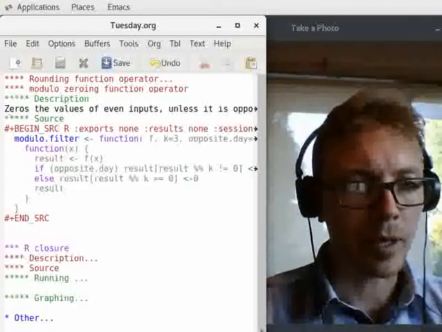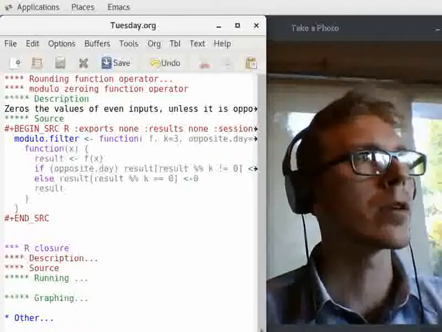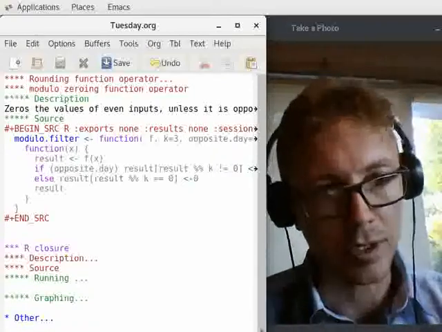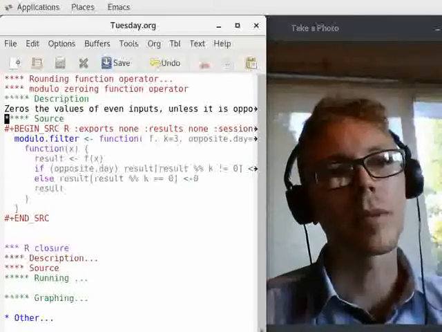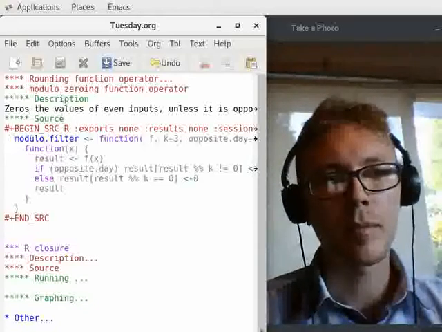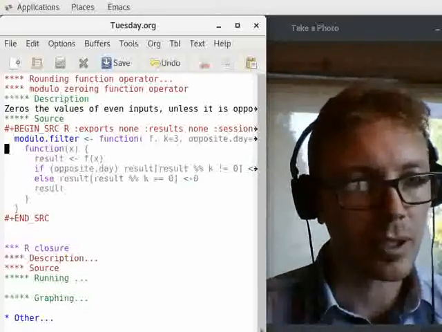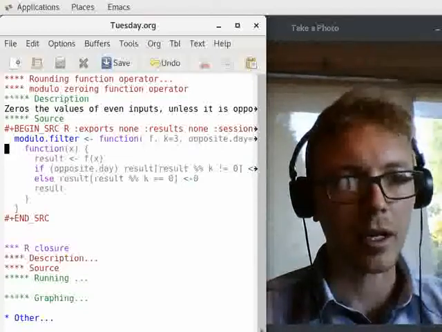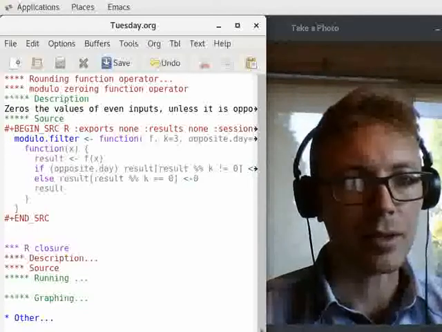if we're making closures, so we're capturing the environment of the function that created the function. So we better have some varying parameters in there. So it'll be k, the modulo equals 0 values that we want to zero out, and opposite day, which on opposite day the opposite values get zeroed out. So